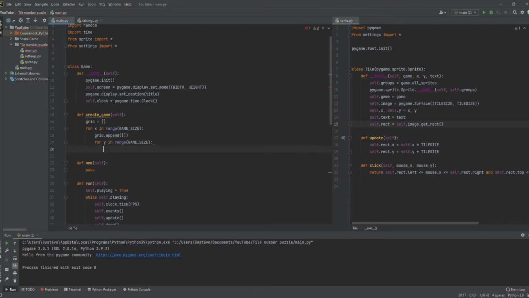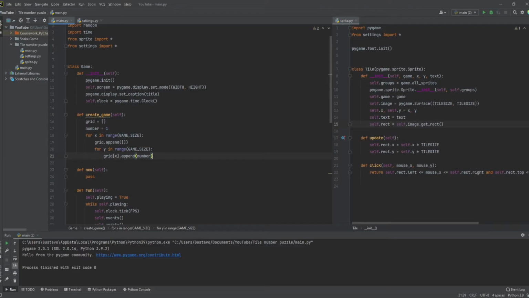And in here we're going to do grid x append. We're going to need a variable in here which we initialize as 1. So then we append the number 1 in there,